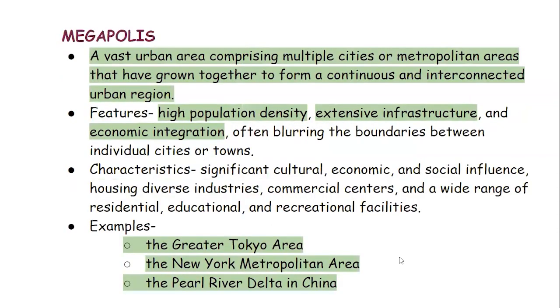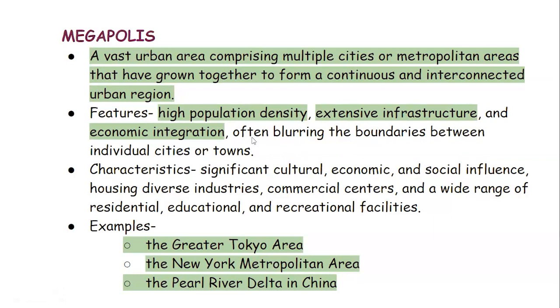And the last option is megapolis. So, a megapolis refers to a vast urban area comprising multiple cities or metropolitan areas that have grown together to form a continuous and interconnected urban area or region. So basically, a megapolis is a cluster of multiple cities or metropolitan areas which have grown together to form an interconnected urban region. And the typical features of a megapolis are high population density, extensive infrastructure facilities, and economic integration, often blurring the